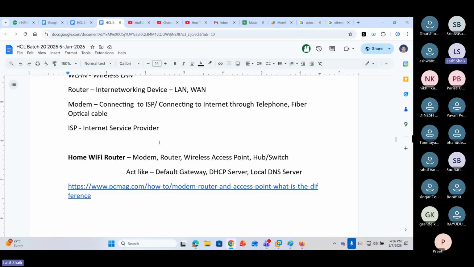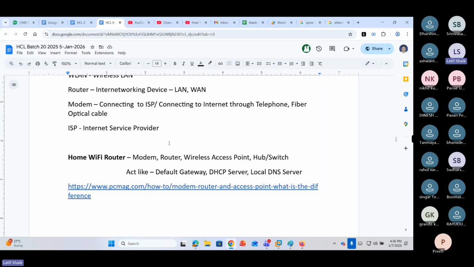We ask the DNS server to give me the IP address of google.com, give me the IP address of facebook.com, and the DNS server will give you the IP address of google.com. But here our Wi-Fi router itself is a local DNS server, so you can ask your Wi-Fi router for the IP address of google.com, and your Wi-Fi router will give you the IP address of google.com.